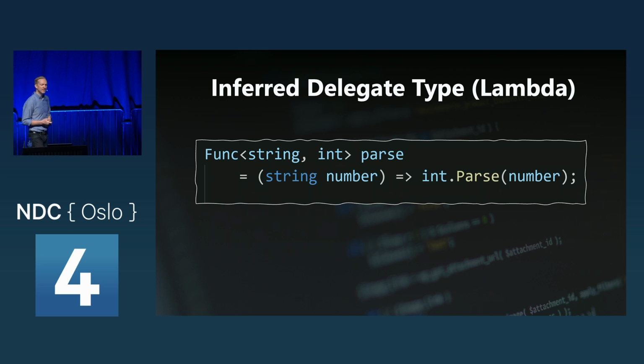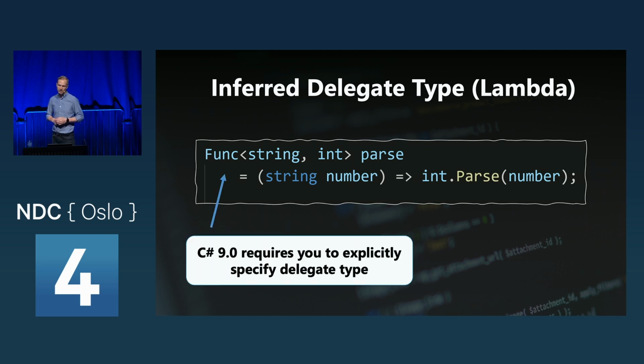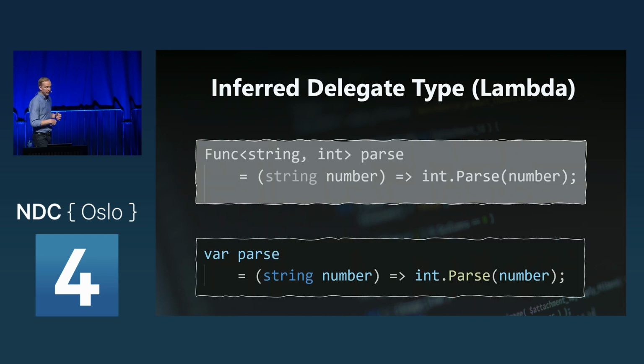But wouldn't it be nice if the compiler could just infer this for us? So it's going to infer the type. So with C#, actually this is C# 9 even. So in C# 10, you can then say var parse in this case here, and it will infer whatever this function is actually doing, which is nice. So you no longer have to explicitly say what kind of action or function you're doing, because the compiler will try to be very smart about understanding exactly what's going on.